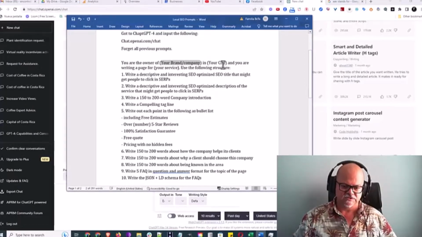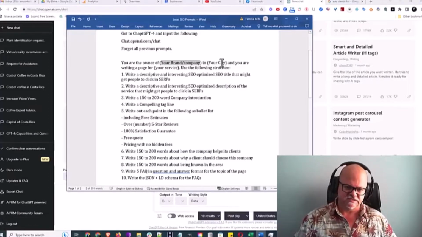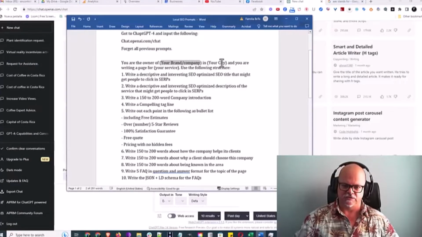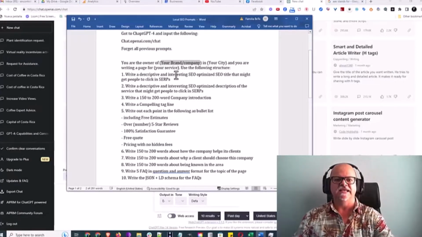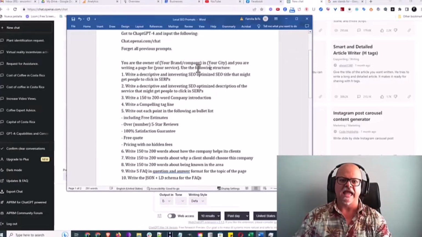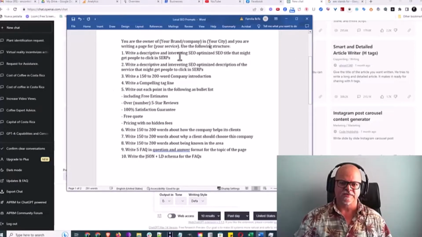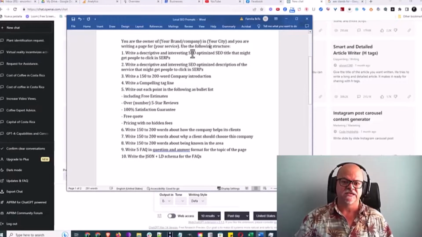And the city. Generally, when you're providing services as a local service provider in a specific city, in a neighborhood, just however it is that you want to set this up. And you tell it, and you are writing a page for whatever service it is. And you're going to tell it, use the following structure. Write a descriptive and interesting SEO optimized SEO title.